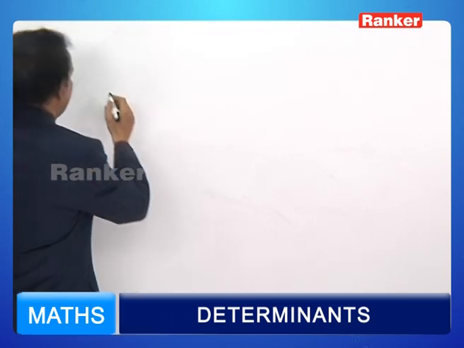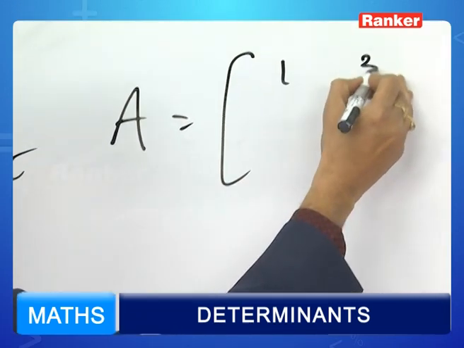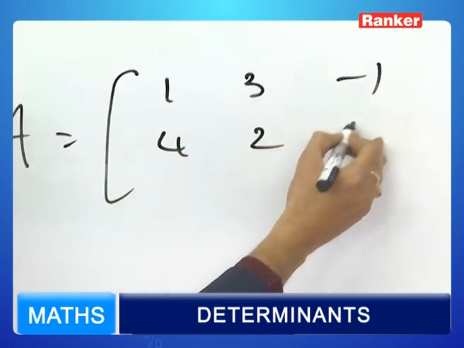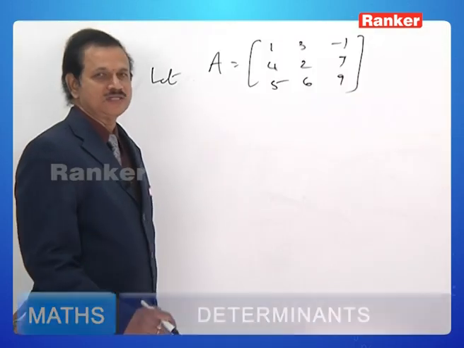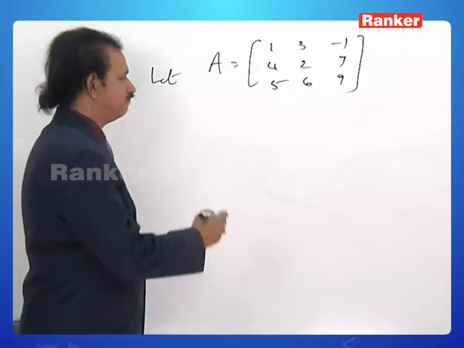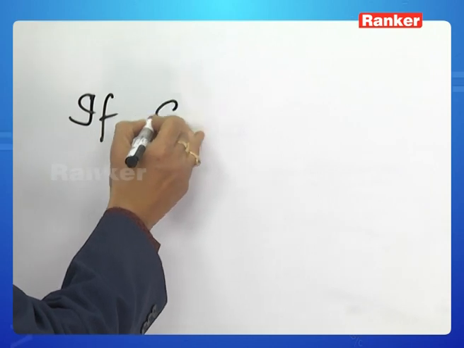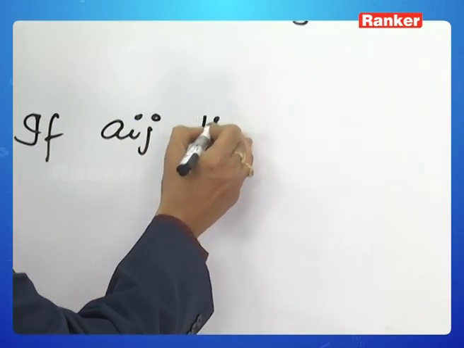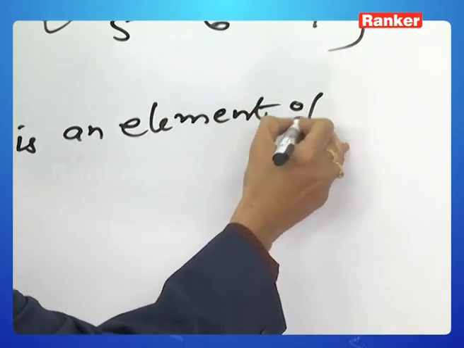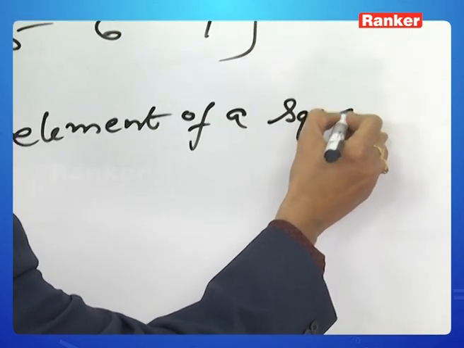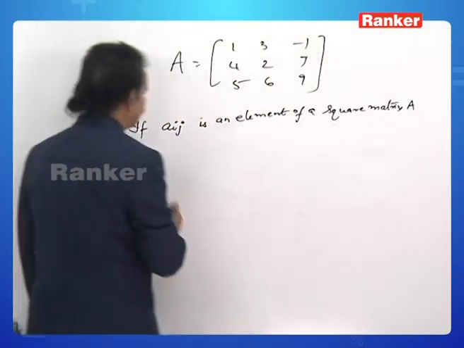Let us now study. Let A be equal to the matrix with rows 1, 3, minus 1; 4, 2, 7; 5, 6, 9. First of all, let us know the minor. What do we mean by a minor? The definition is like this. If aij is an element of a square matrix A, then